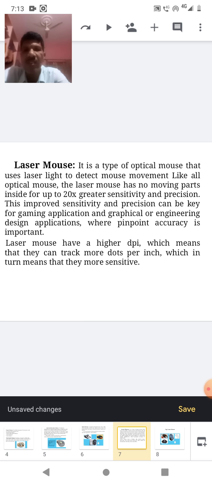Moreover, it is used especially in gaming applications and graphical or engineering designing applications, because it provides pinpoint accuracy. Compared with the other mice, the laser mouse cost is also higher.